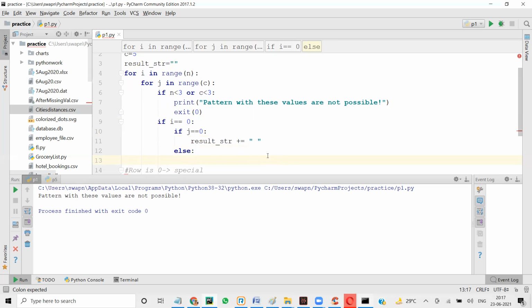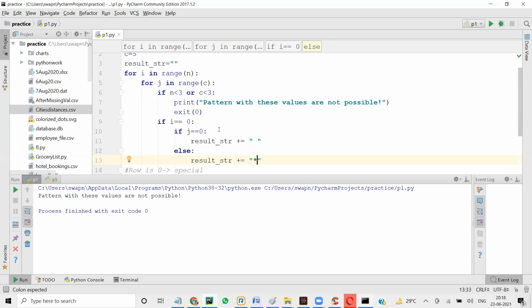Else, if it is not the first character, then I want to print result equal to result plus str. But remember our j is going from 0 to the end, and we don't want a star at the end.